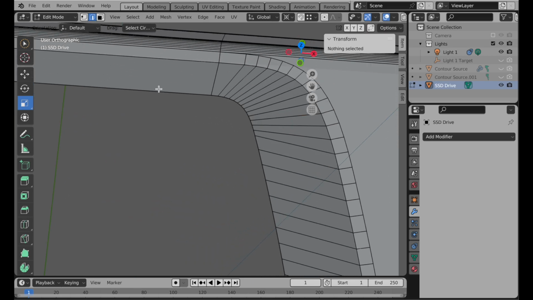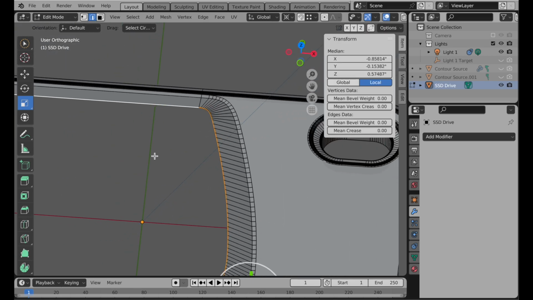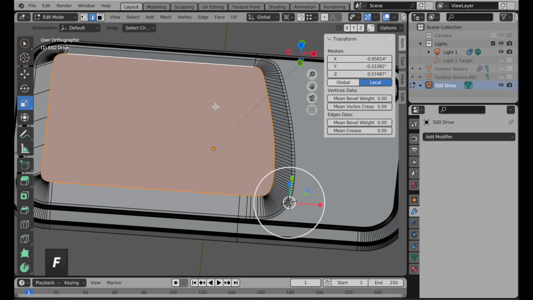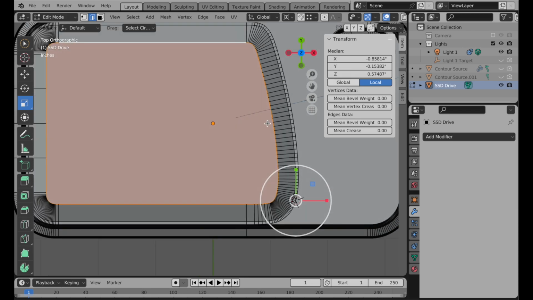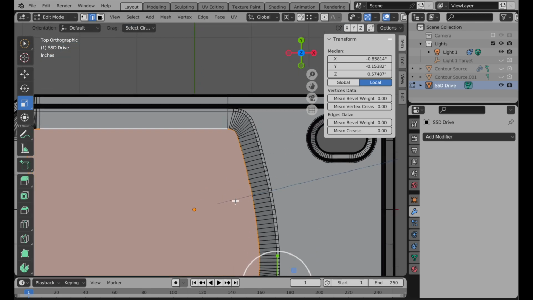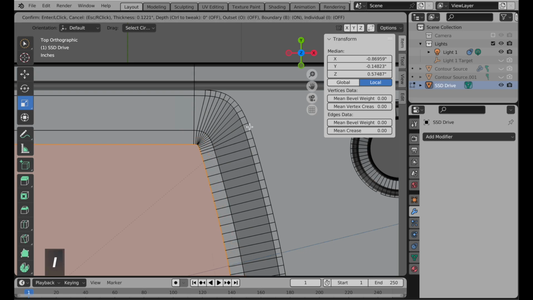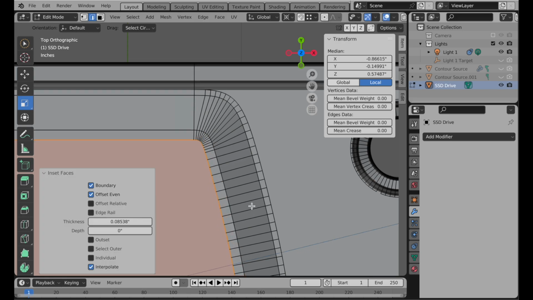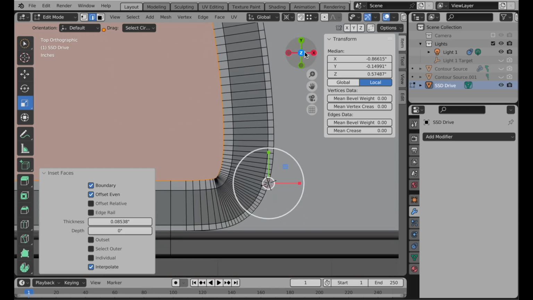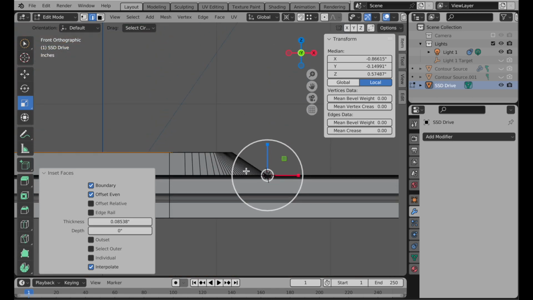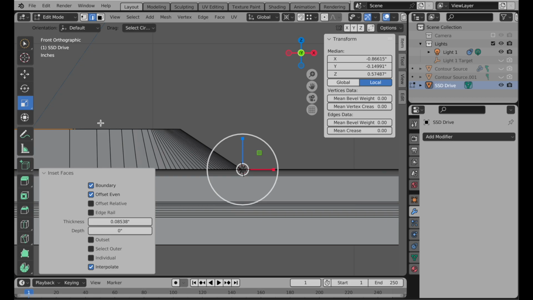Let's double click on the edge of this open boundary, press the F key to reconstruct a new n-gon there. Let's come into the top view, and we need to inset another boundary set of polygons. So press the I key, pull that in about that far. Okay, there we go. Now let's look at this in the front view, and we need to generate the topology